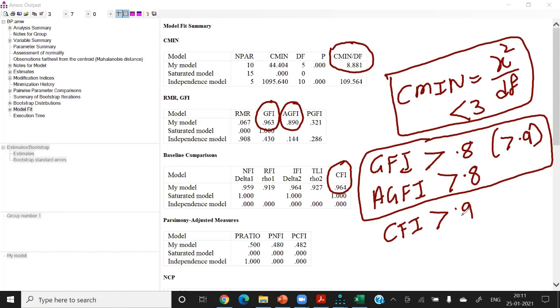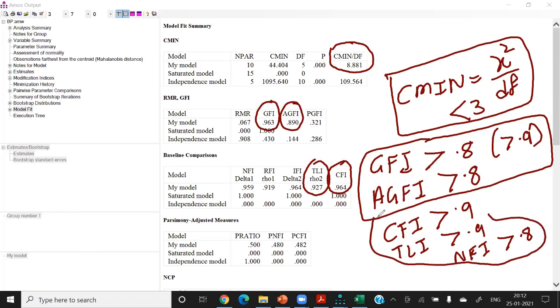Then TLI, you can see it is a TLI. TLI should be greater than 0.9 also. Then NFI. Yeah, NFI is slightly lower, so NFI more than 0.8 is also okay. So these 3 things we have to check from the third table, and then we have to check one more table.